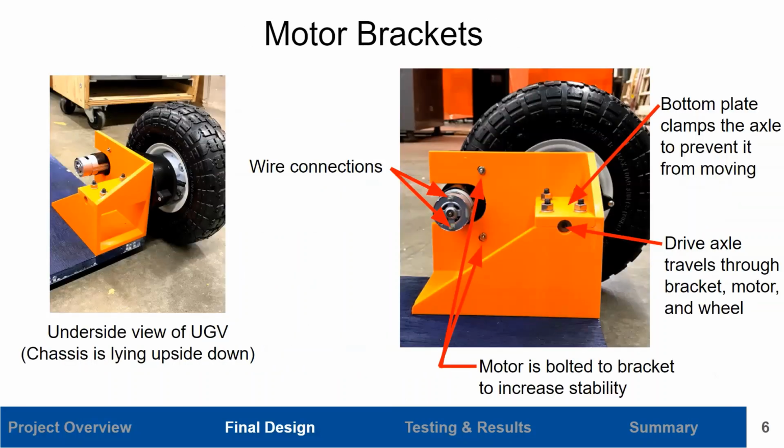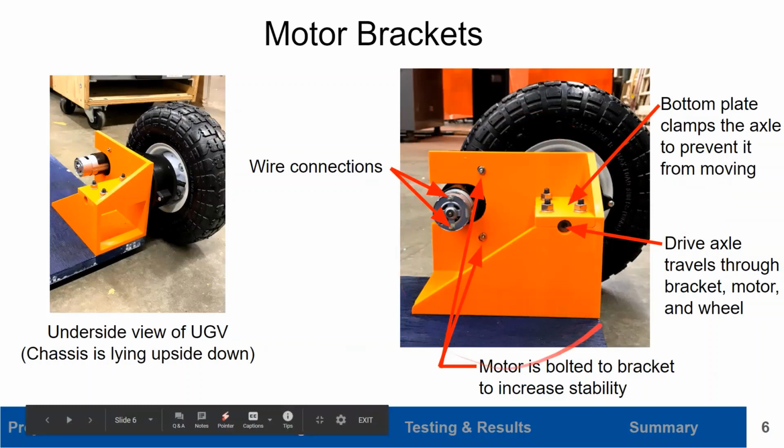As you can see, here is an underside view of the unmanned ground vehicle. In orange is the 3D printed motor bracket. Here is the drive axle, which is bolted in place with the use of a bottom plate, which helps clamp the axle to prevent it from moving. On the left, you can see that the motor is bolted to the bracket to help increase its stability and